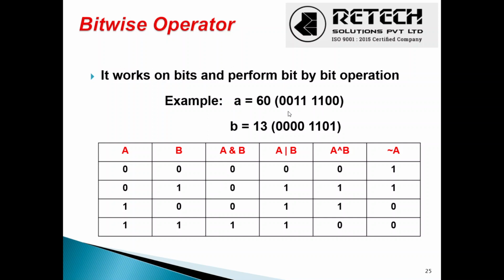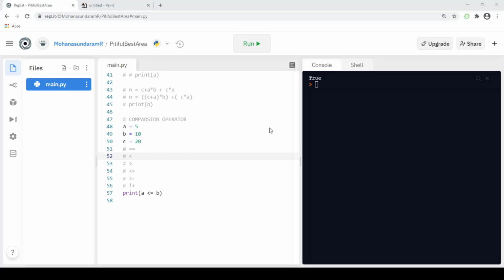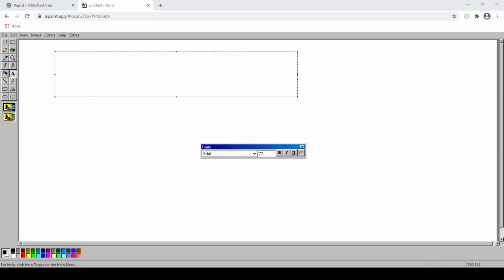Before we move on to the bitwise operator, first we will learn how we can convert a number to bits. For this I'm going to use a paint tool to explain. Before we perform the bitwise operation we need some values.